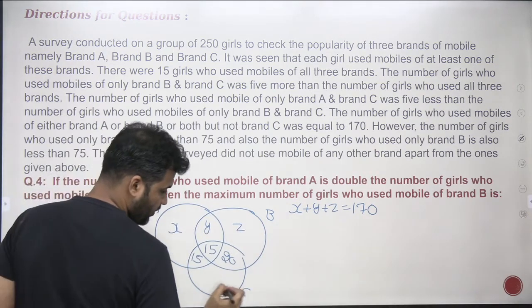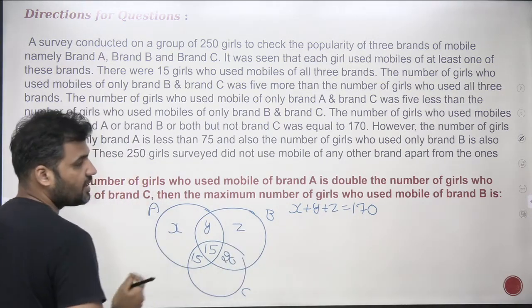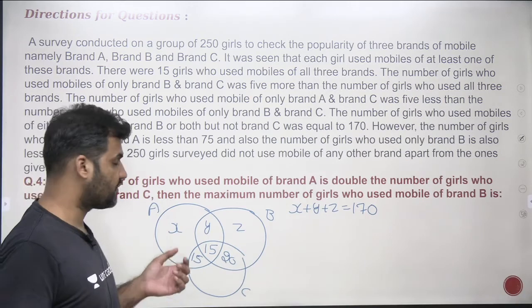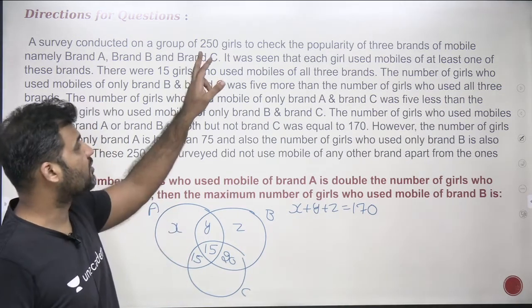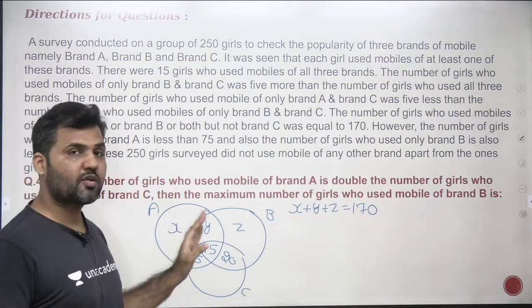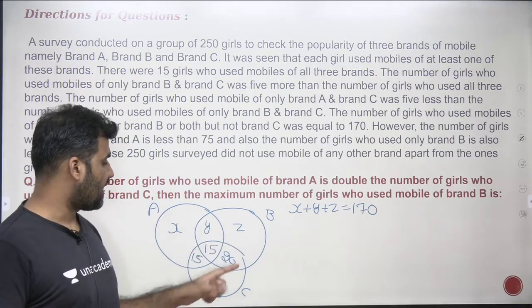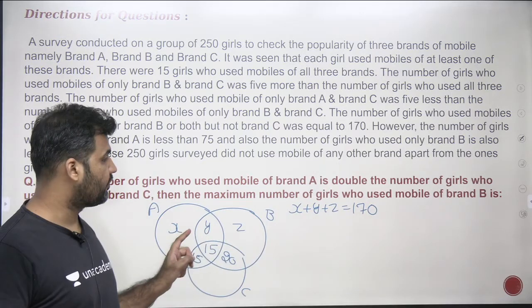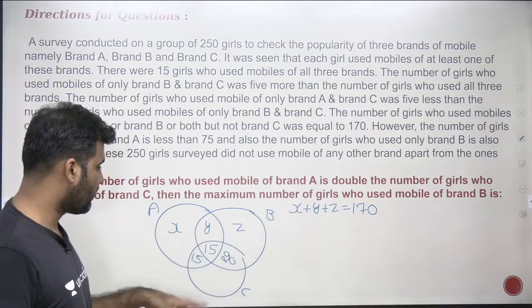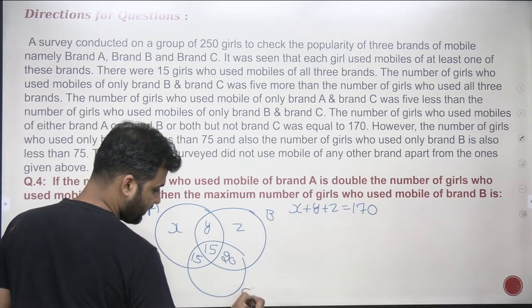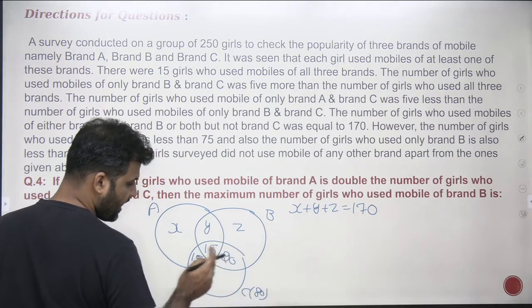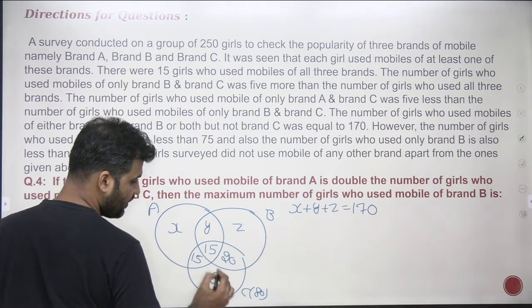So this value, you see that total union of set is 250. The number of girls liking at least brand A or brand B or brand C is 250, x plus y plus z is 170. And so if I subtract 170 from 250, I'll be left the value of 80. So this total is 80, right? So 80 minus 50 would be 30. So this value will be equal to 30.